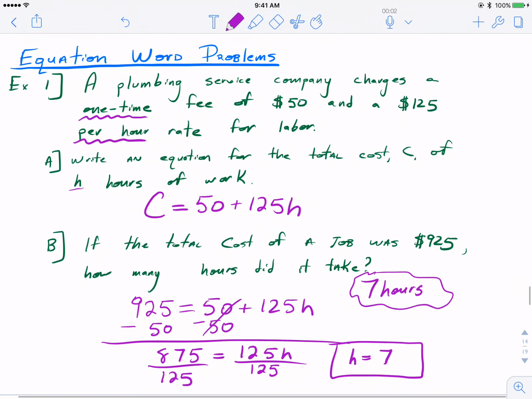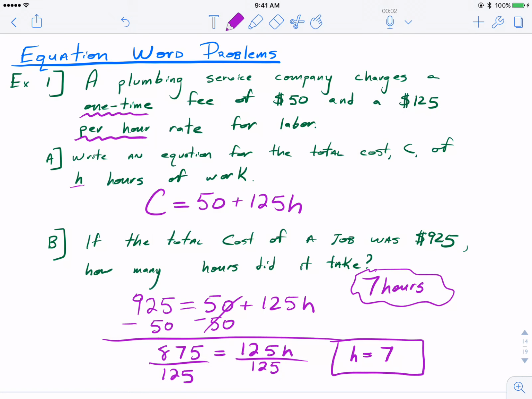Okay, so with equation word problems, the pattern that I've seen is we usually want to model something first, or they want you to model something. This would probably be a written question, day 3. So model in like part A, part 1, and then apply it. So hey, now that you wrote this equation, now solve it, which we just did there, usually a simple 2-step equation, so nothing too crazy. Okay, look out for keywords, underline stuff, make sure you have the right symbols, the variable in the right spot. We wouldn't want to do like 50H, for example, because it was a one-time fee. Just be careful with the